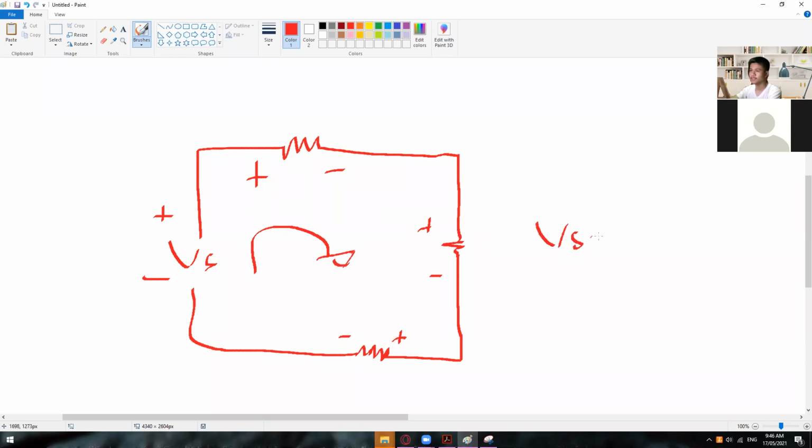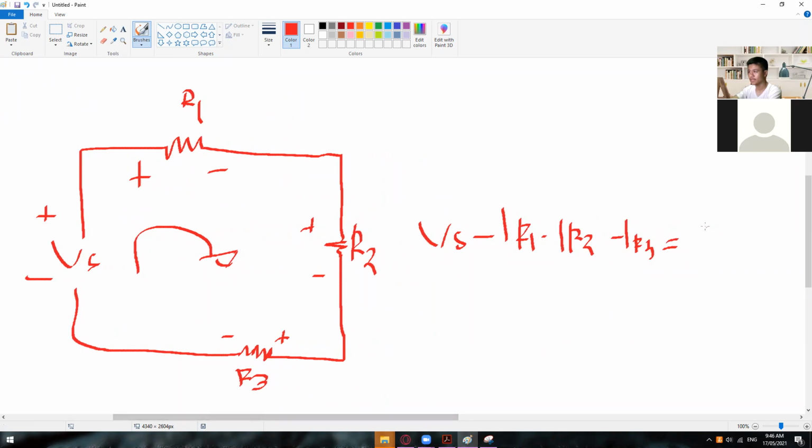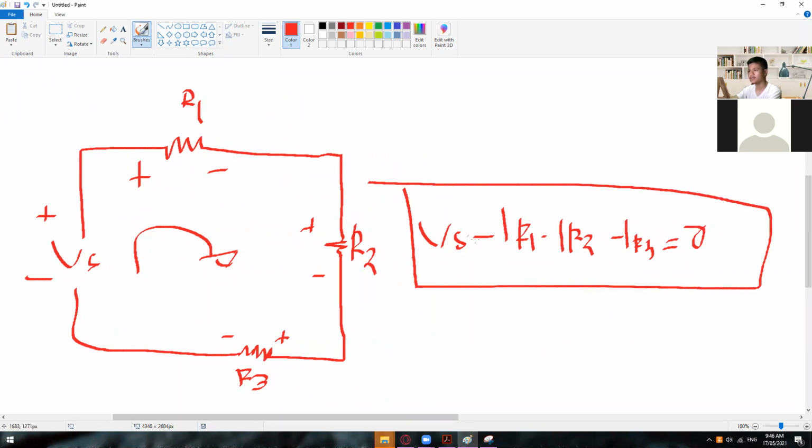So positive Vs minus I times R1. This is your R1, this is your R2, and this is your R3. Sorry for my messy drawing. Anyway, just to give you guys the graph on how we got that one. So we have this formula right here: Vs minus I times R1 minus I times R2 minus I times R3. Notice that